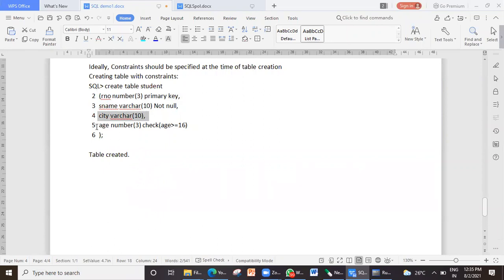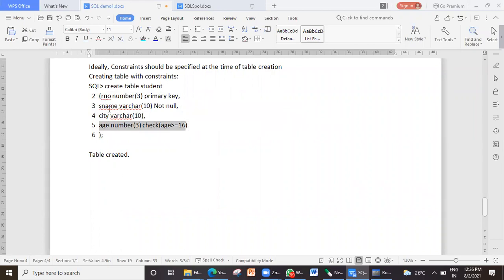No. So it will accept null values for city. Same thing for age. Of course, age, because I have given check constraint that age should be greater than 16, but I have not said that if null values are entered, don't accept. So for city as well as for age, it will accept. Okay, age I am a little doubtful because it might expect me to enter some value which is greater than 16. So I doubt whether it will allow null values.